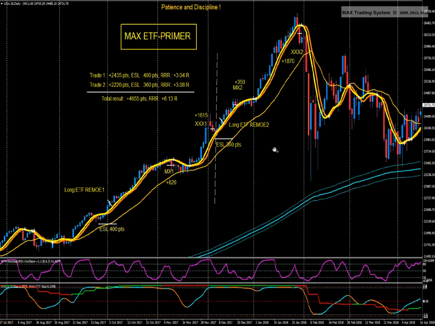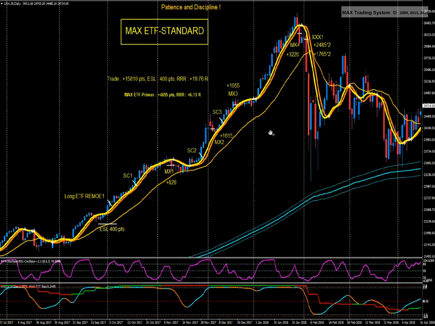With the MAX Standard, we have the possibility to consider the movement as a unique movement, but with the scaling technique, we had the possibility here to make 1, 2, 3 scalings, only 3 scalings. We have in our arsenal of techniques the possibility to tell, when we have a scaling possibility, if this scaling is risky or not. For example, there were 2 possible scalings here, but they were very risky, so we decided not to take them. So 3 scalings were enough in this case, with a few MX, 4 MX, and then the final XXX,